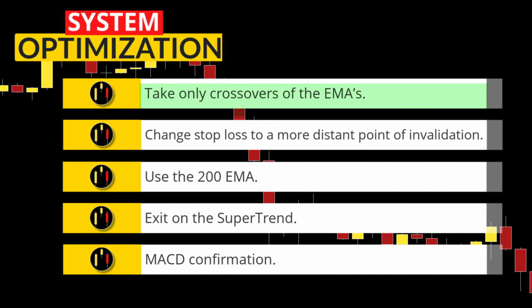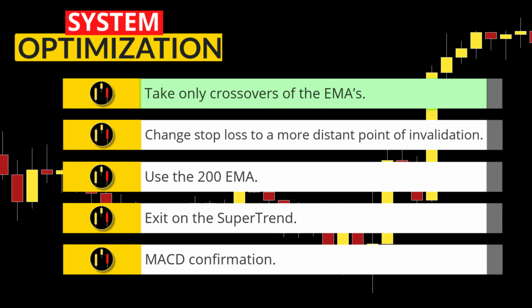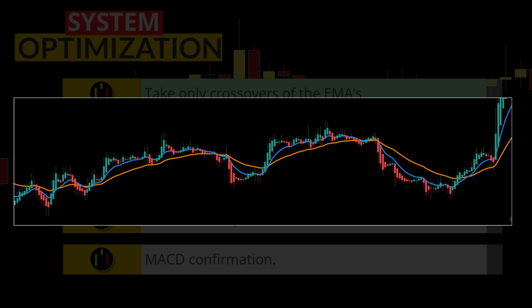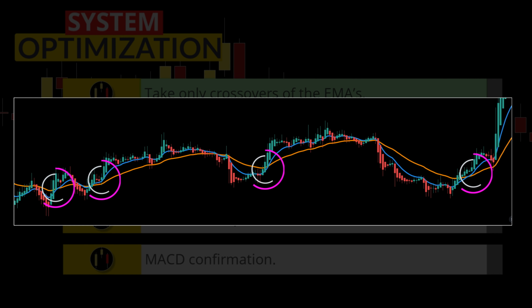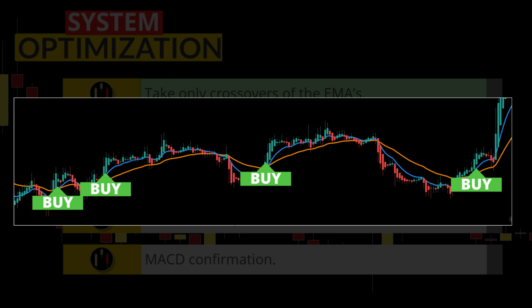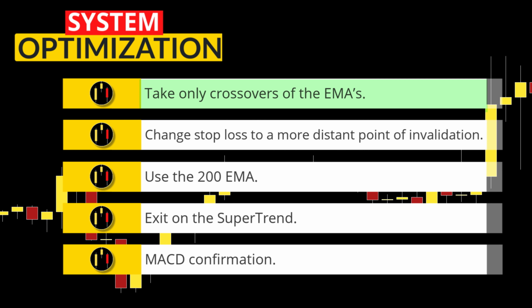I have 5 ideas on how we can improve this system. First, you can try a different way to enter that could potentially lower your win rate, yet increase your gain on account, which would be only to take entries when the EMAs cross over in the direction of the Heikin-Ashi candle. Here, you can see these would have been very profitable entries because in theory, you are getting into the market at a better value.